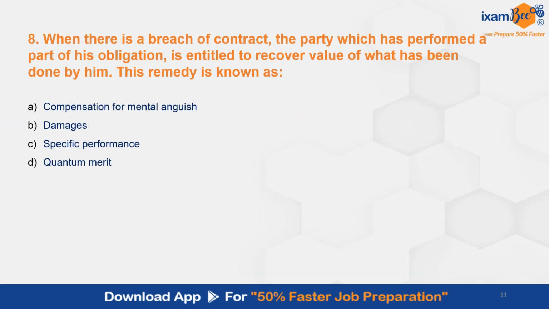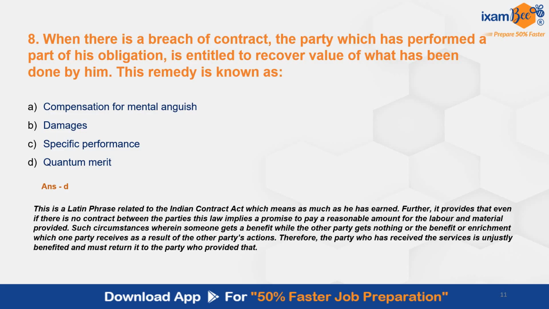Question number 8. When there is a breach of contract, the party which has performed a part of his obligation is entitled to recover value of what has been done by him. This remedy is known as. The correct answer here is D. Quantum meruit. This is a Latin phrase which is related to Indian Contract Act, which means as much as he has